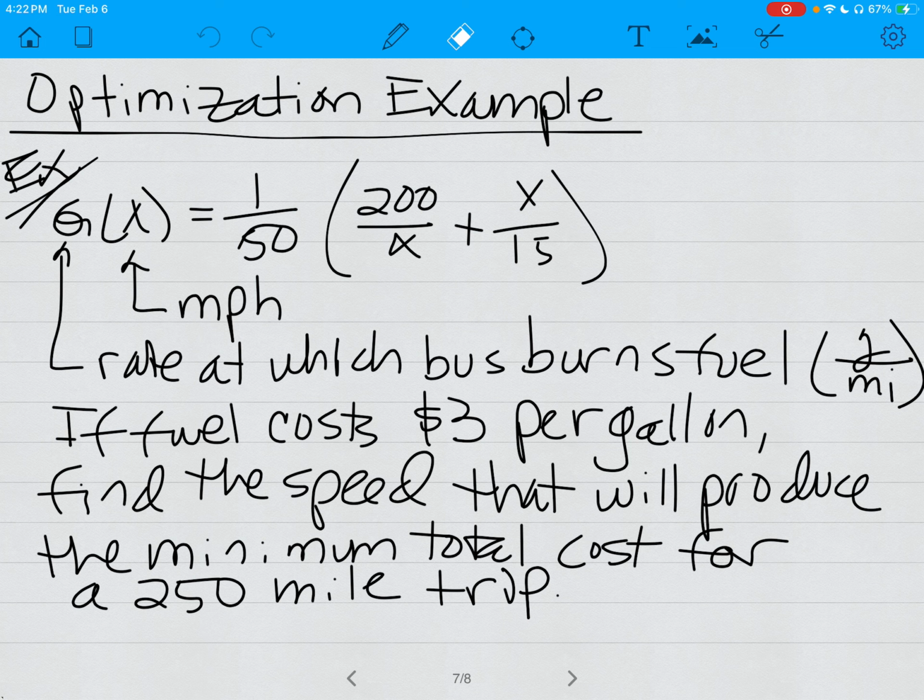Feels like a lot of things. And it is. We're going to put all this together. And then once we get the function put together, then we're just back to our regular optimization processes and finding the minimum total cost. So we have to think here about a function that relates